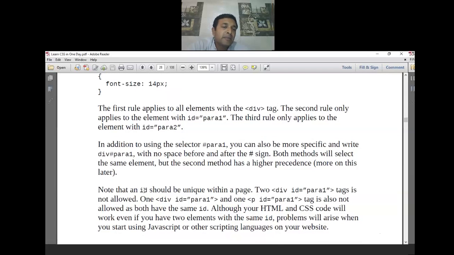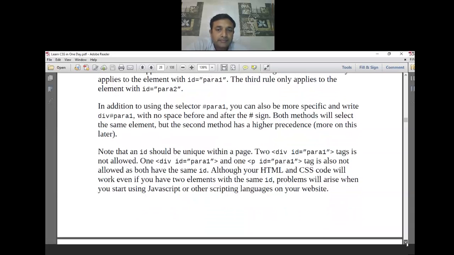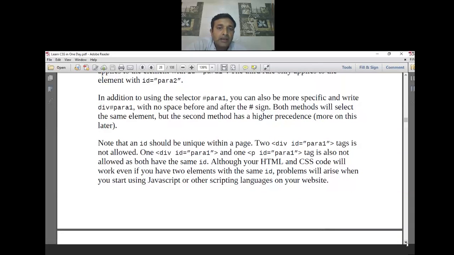And always remember, the id should be unique: there should not be common ids for any particular div or any other element. You should not use the same id for two elements, because a problem arises when you start using JavaScript or other scripting languages on your websites.